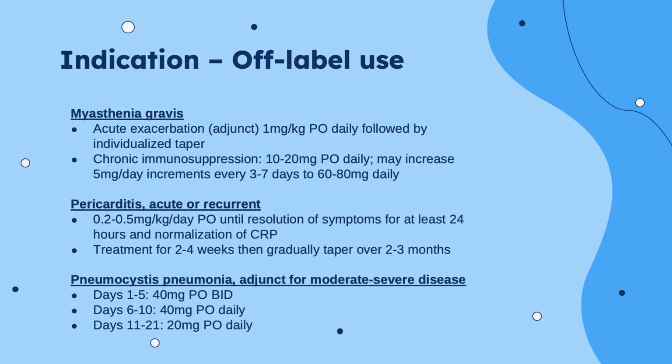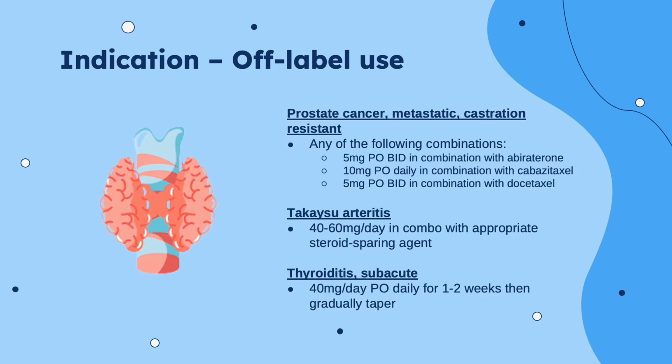For pneumocystis pneumonia, it is used as adjunctive therapy for moderate to severe disease. It is recommended for patients with the O2 pressure of less than 70 millimeters mercury on room air and is dosed orally 40 milligrams twice daily on days 1 through 5, beginning as soon as possible, followed by 40 milligrams once daily on days 6 to 10, then 20 milligrams once daily on days 11 to 21. For metastatic castration-resistant prostate cancer,